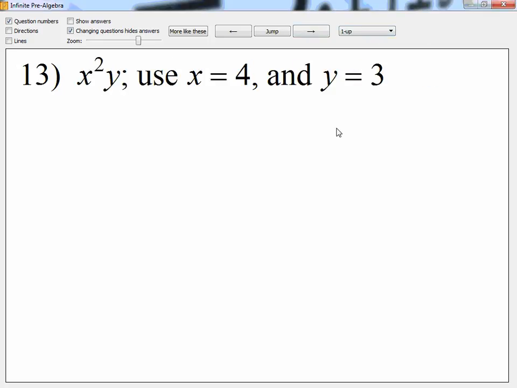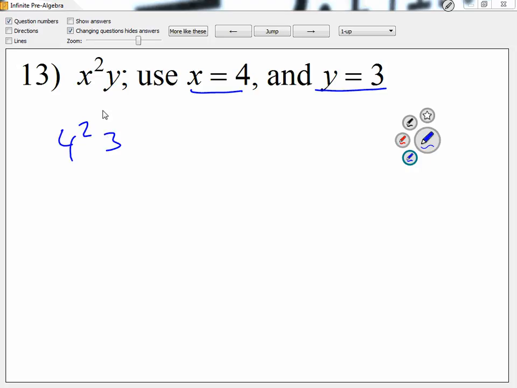Okay, number 13. Alright, that's a good question. Let's take a look at number 13. X equals 4, y equals 3. So let me write this as 4 squared and then a 3. When two things are put together, it means times, but let me use my parentheses on 3 just to separate them. But I know before I multiply,